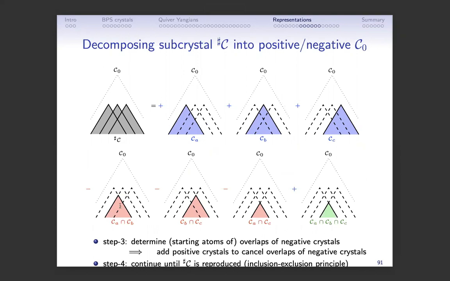But for this example, you have three positive crystals. This is the intersection of the first two, this is the intersection of the second and third, and this is the intersection of the first and third. You want to remove these three negative crystals, but then you see that the first negative crystal and the second negative crystal also start to overlap. So you want to add the overlap back in order to compensate. You just continue like this